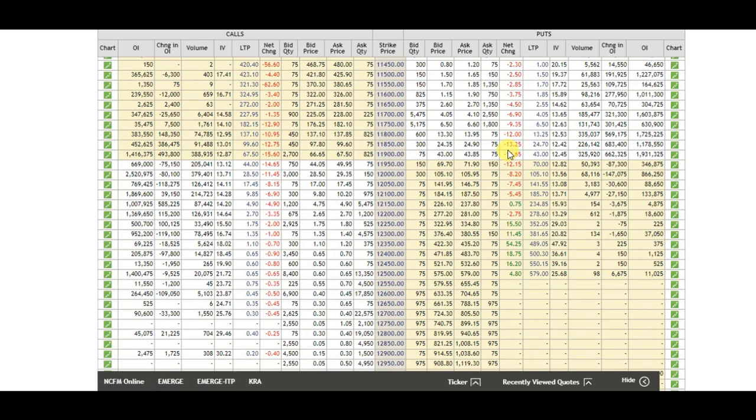Now let's go to the call side and we'll try to find out resistance. So if we see at strike price 11,900, the change in open interest is 4.9 lakh contracts, and the cumulative open interest is almost 14 lakh contracts. And as the net change is minus 15, it means the call writers or call sellers sold the contracts at